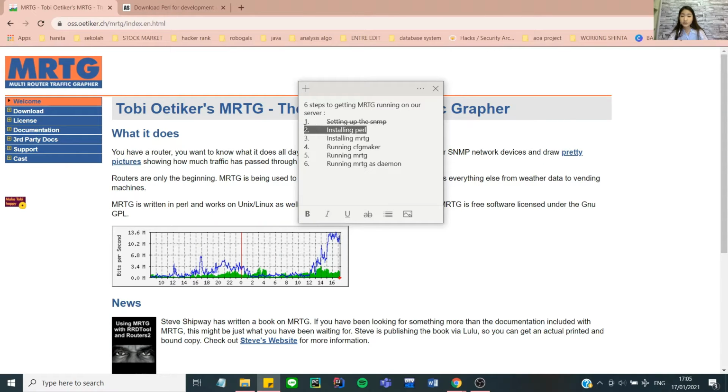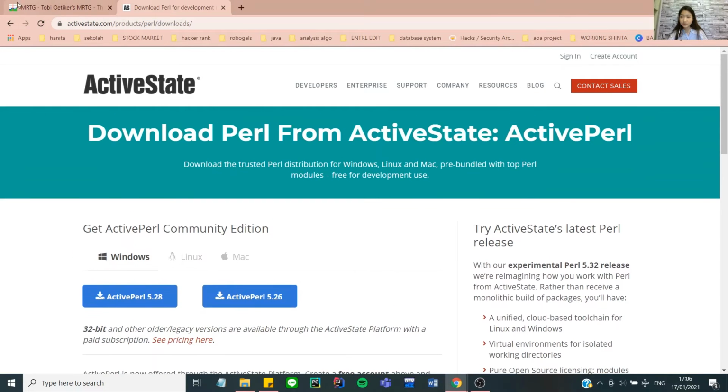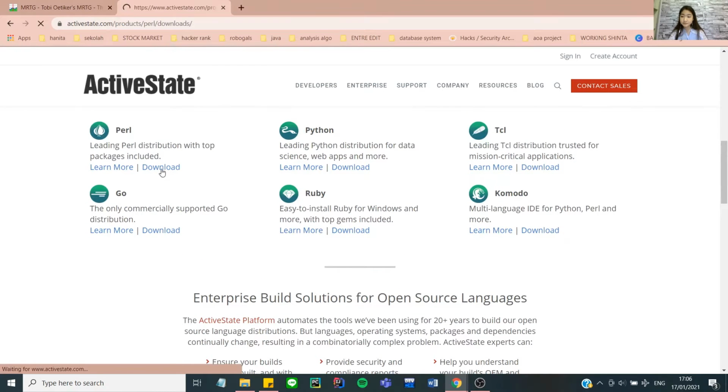For the second step, before we can run MRTG on our server, we have to install these 2 software first, Perl and also MRTG. The first one we have to install is Perl. To install Perl, we can go to activestate.com and then go to Perl to download it,